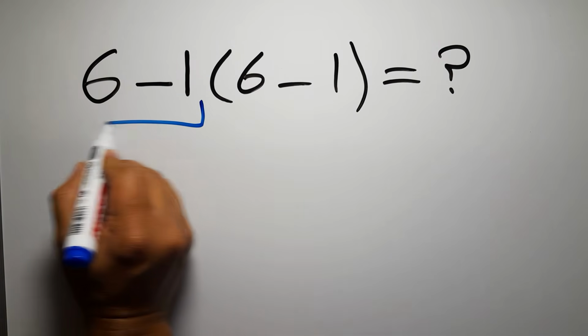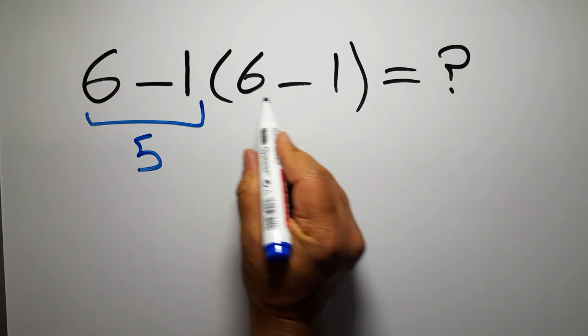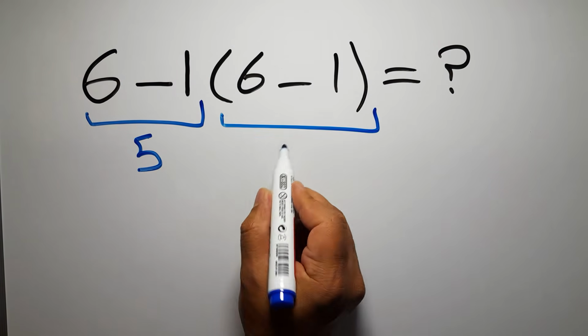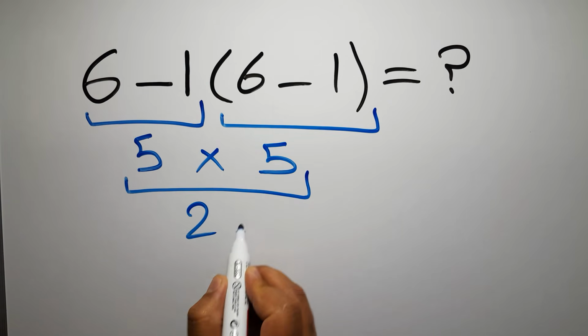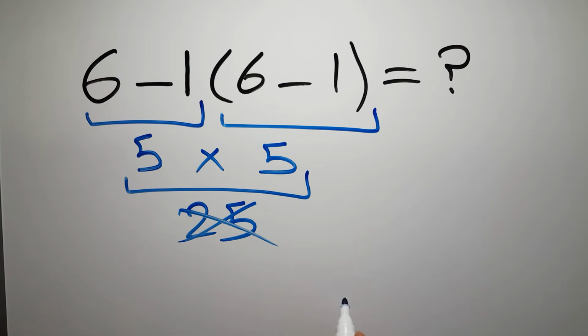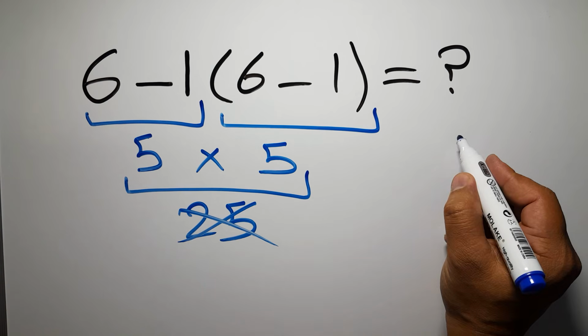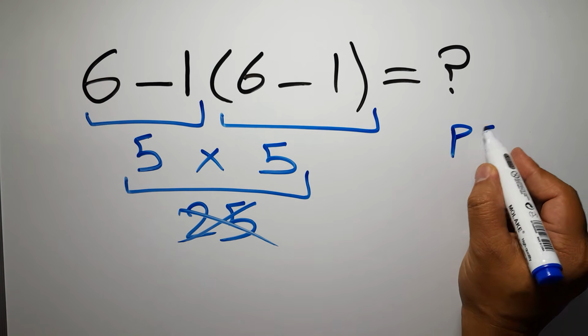6 minus 1 equals 5. And again here we have 6 minus 1, which equals 5. And 5 times 5 gives us 25. But this answer is not correct, because according to the order of operations, first we have to do parentheses, then